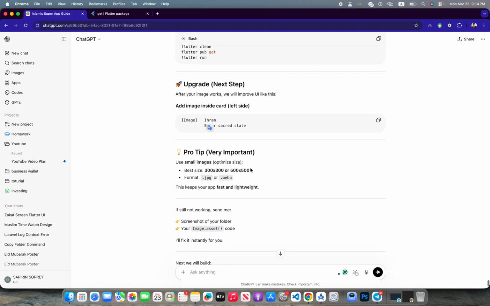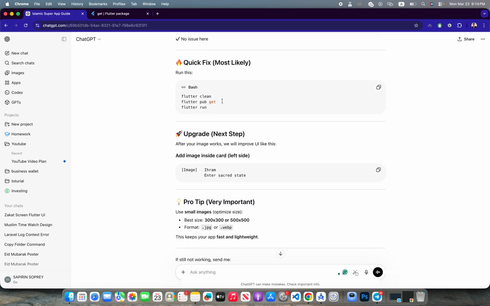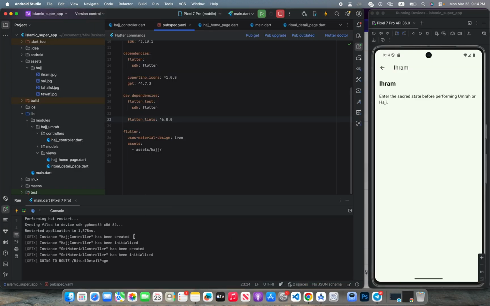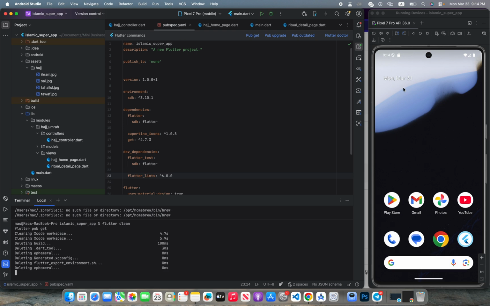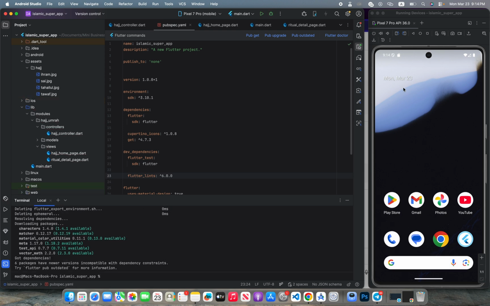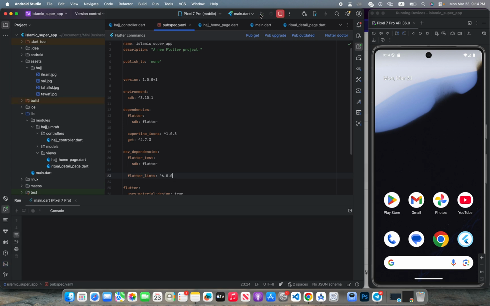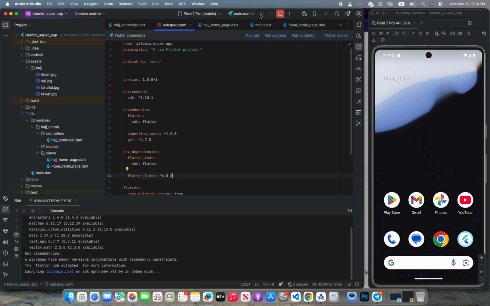Let me try, maybe I need to clean and then pub get again. Okay, let's go to the terminal, and then I'm going to paste the two commands, the Flutter clean and the Flutter pub get. Let's see how it works. I'm going to close the running app as well, just to see. After that we have to run it again. Okay, now it's complete. Let's try to rerun again to see if it's working or not,